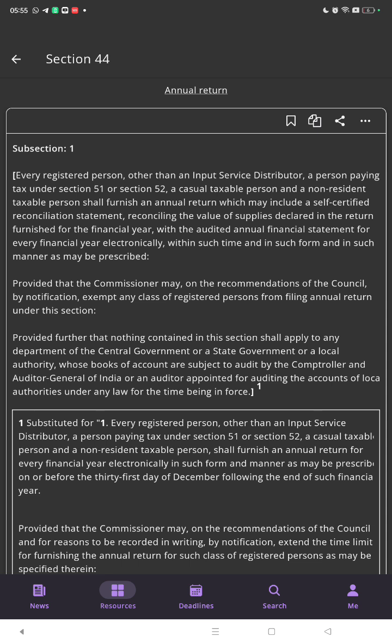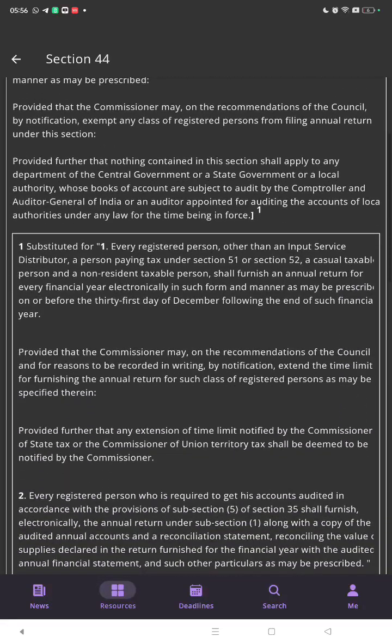Provided further that nothing contained in this section shall apply to any department of the central government or the state government or a local authority whose books of accounts are subject to audit by the Comptroller and Auditor General of India or an auditor appointed for auditing the accounts of the local authority under any law for the time being in force. Substituted: every registered person other than